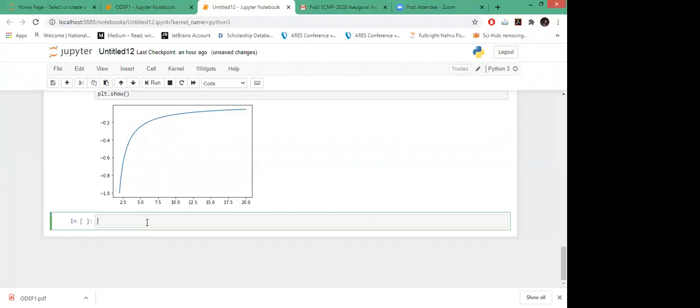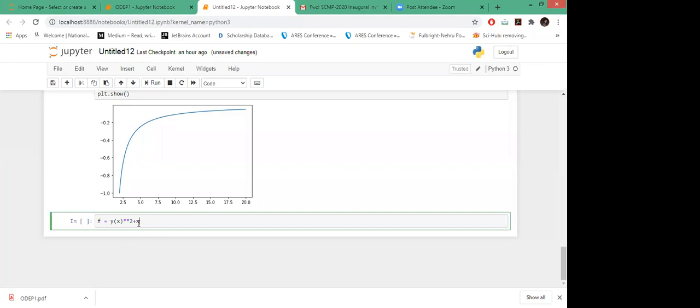Now we can see another example for which it's not always possible to have the analytical solution. For that, we move to the power series solution. So it will automatically detect, and let me define this function. F is equal to y of x whole square plus x.